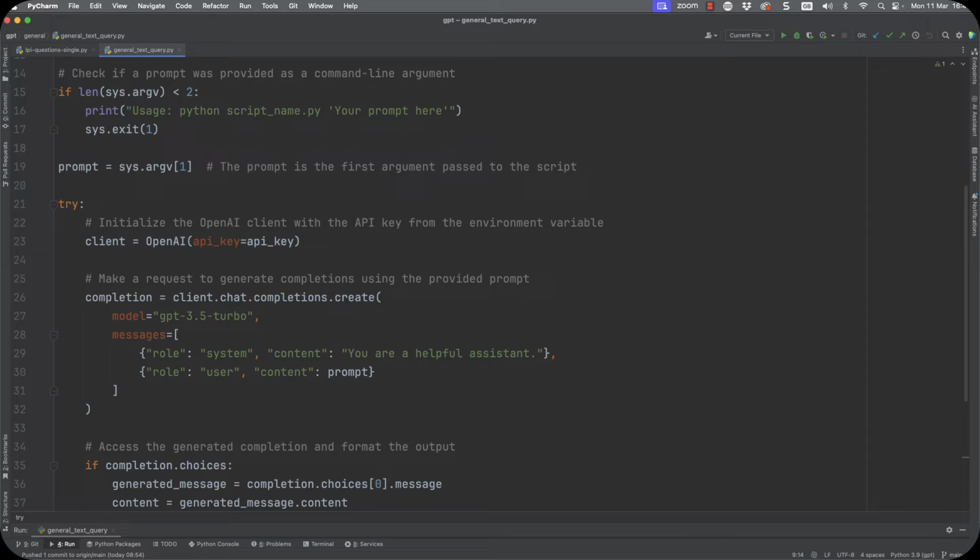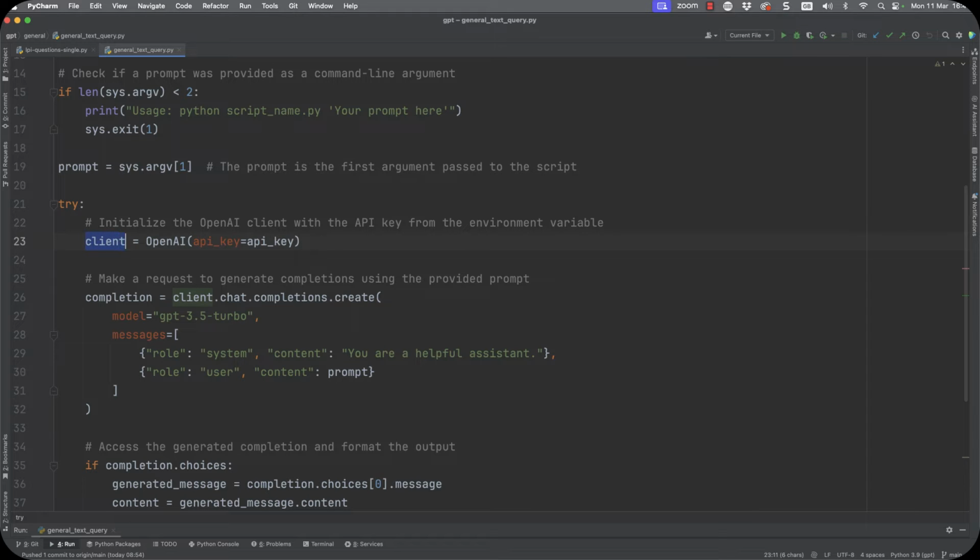But assuming we have provided the argument, we're going to populate our prompt variable with our first argument. Do make sure that you quote the argument because it's likely to have many spaces, it's going to make up many words. Putting quotes around it ensures that it is passed through as a single argument, not multiple arguments.